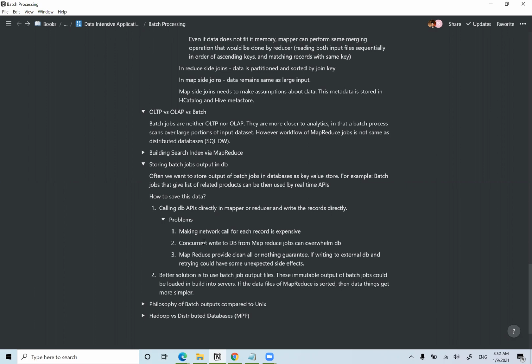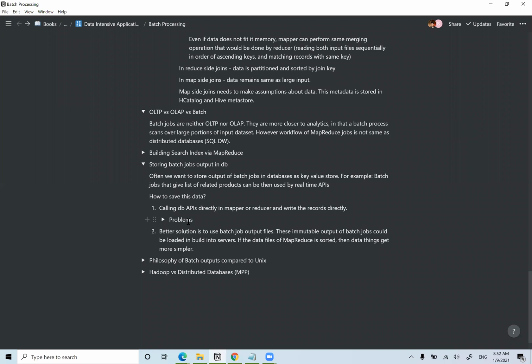But if as part of your MapReduce you're also making a call to an external DB, then let's say some part of the job has failed and it is retried, you could be making a call to your DB multiple times, which might have some side effect in some situations, right? So that's why